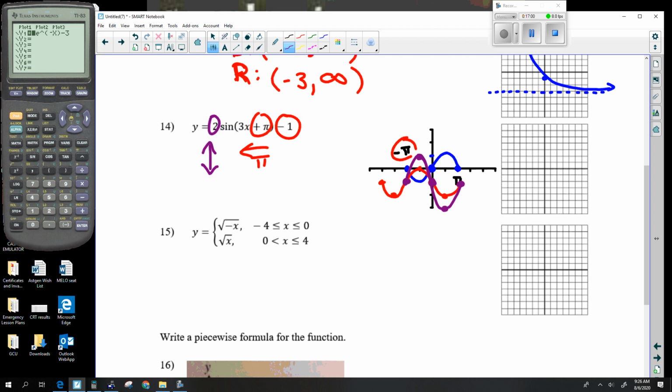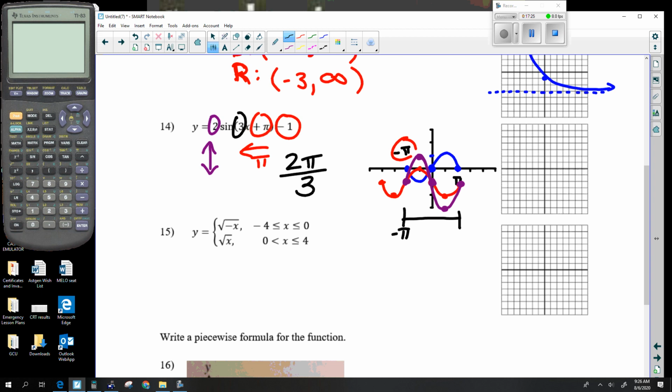And the most difficult one to address is this 3. Typically, this affects the period. The period is 2 pi. And so whatever is multiplying inside the x is a division. So this period is now 2 pi divided by 3. So if this is the period right here, which